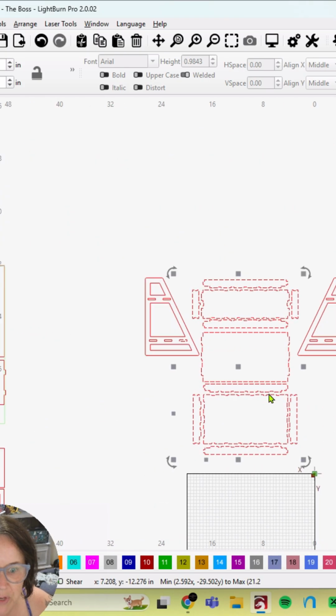So again, just real quick, wanted to show you guys how to change multiple slots, how to adjust a box or tabs and slots very quickly, very easily using LightBurn and two really cool tools, Measure and the